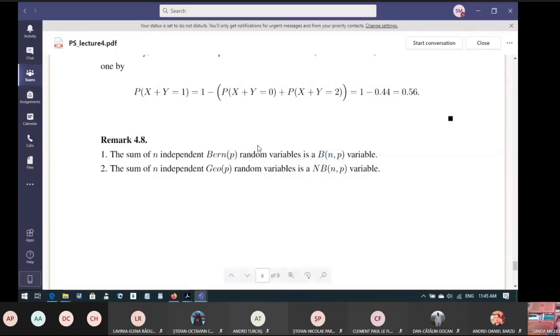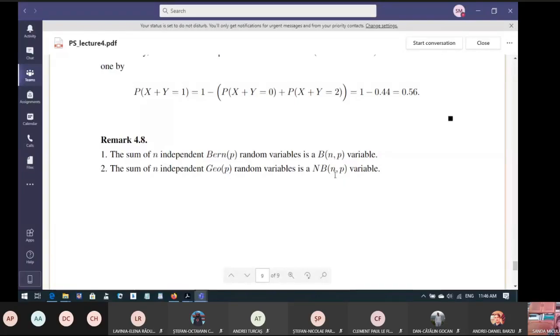A Bernoulli variable tells you, let's say, if you have success or failure in one trial. Binomial tells you how many successes you have in n trials. You can just look at each trial one at a time, right, and add the number of successes. Each of them is a Bernoulli variable, so the sum is going to be a binomial variable. Number of successes in one trial, so that can be only 1 or 0. Number of successes in n trials, we add up all those successes. Exactly the same type of